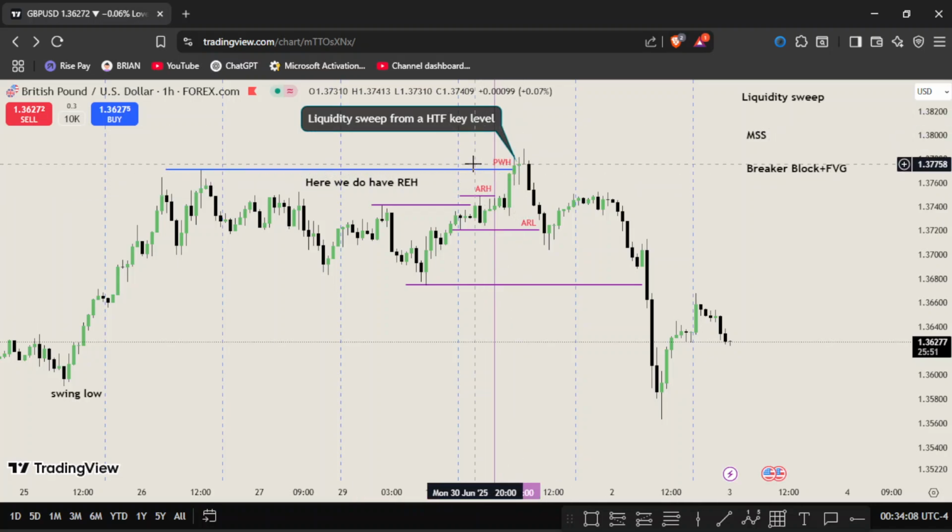So why have I identified it as a higher time frame key level? Because it swept previous week high. This was previous week high, and we are in another week. So we swept previous week high, and